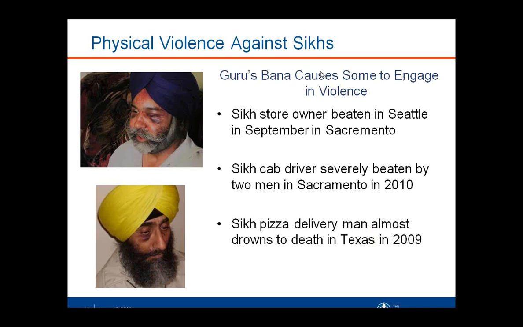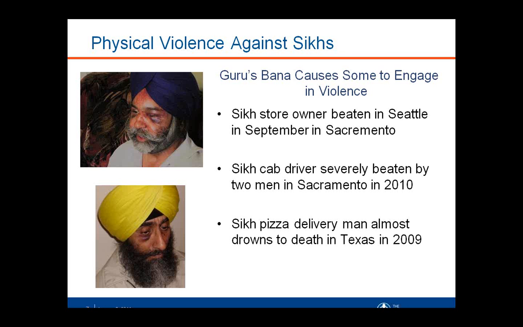Okay, here it is. Physical violence against Sikhs. Again, this comes as no surprise to anyone who's aware of some of the issues the Sikhs have faced since 9/11. But sometimes our bana, particularly after terrorist attacks and the like, causes Sikhs to be the victims of physical violence. This year, some of the more egregious incidents involved, in September, and this says Sacramento, but it's actually in Seattle, a Sikh store owner who was very badly beaten by someone who was calling him Al-Qaeda and the like. Similarly, in Sacramento,